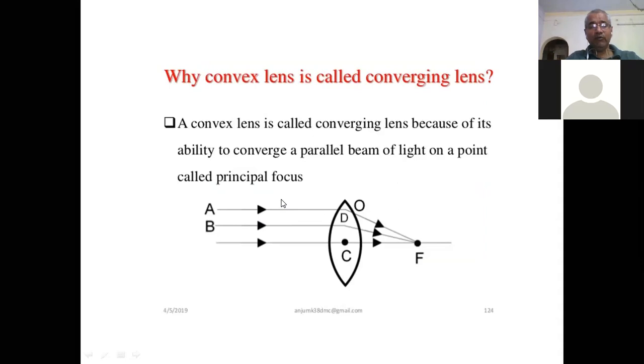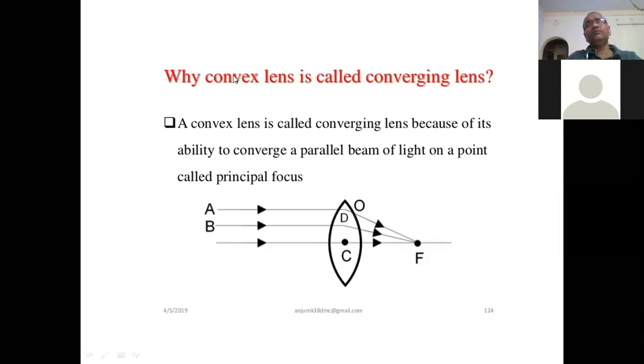Now I would like to demonstrate some terms we will have to use in the whole course. This is the convex lens. You know there are different types of lenses. The convex lens is there, plano-convex lens is there, then concave lens is there, plano-concave lens is there, biconcave lens is there. There are various types of lenses, as well as various types of mirrors, concave mirrors, convex mirrors, all these things.